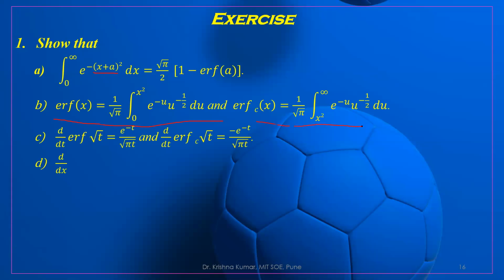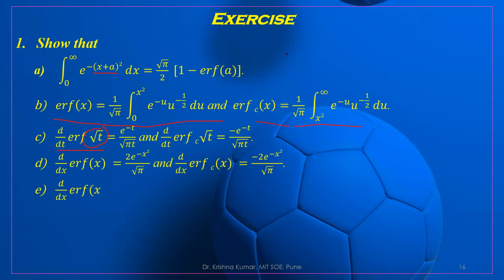Then the derivative of error function of root t. In place of t, we have root t. In the same manner, we can differentiate it. We can use differentiation under the integral sign. Here, the derivative of the error function we have already seen. We have already calculated the error function of ax. So put a equal to 1, we get this answer. This is again the basic part of the examples we have taken. We have to only put the value of a equal to 1, and we get the answer.